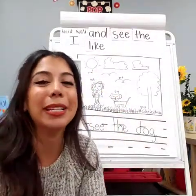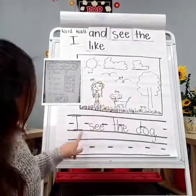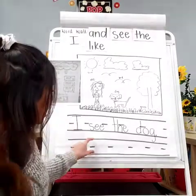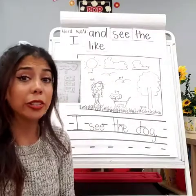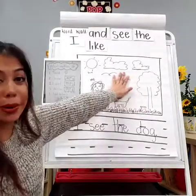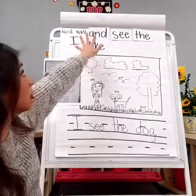The final step is to add some beautiful, beautiful colors to your drawing. So make sure that when you finish your drawing, you can write this sentence, and then I want to challenge you to write your own sentence on the second line using the words from our word wall, okay? So think about, what else can you draw from here? Maybe you can see a tree or a bird, okay? Or you can use a completely new sentence and just make up your own with these words that are up here,